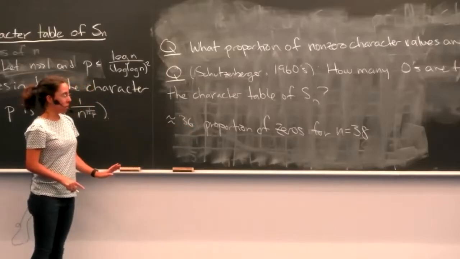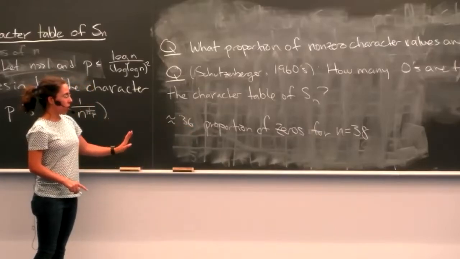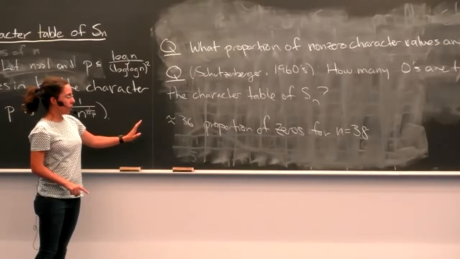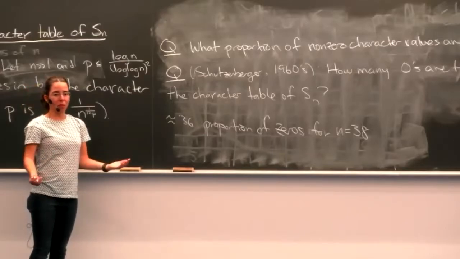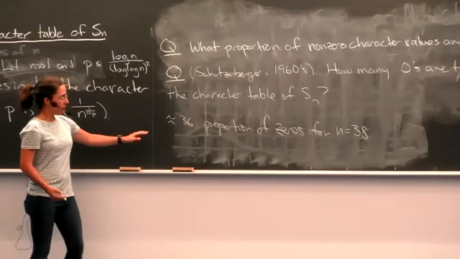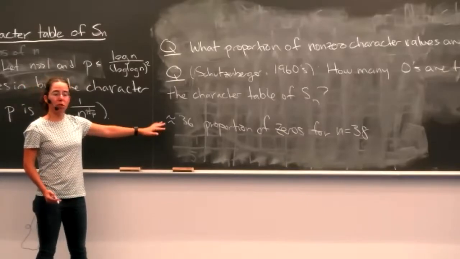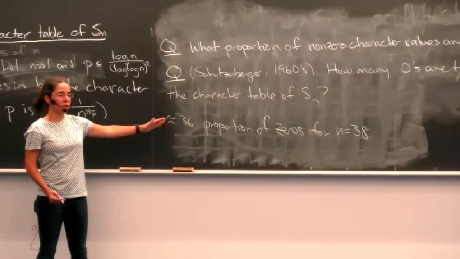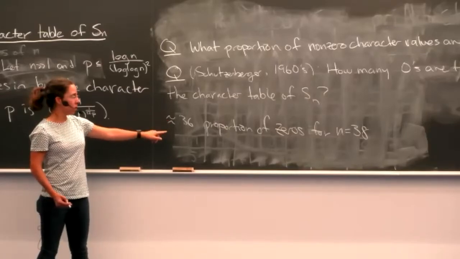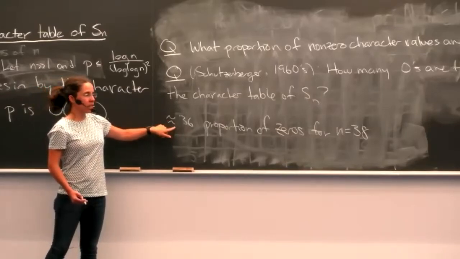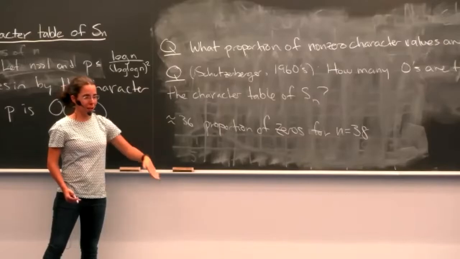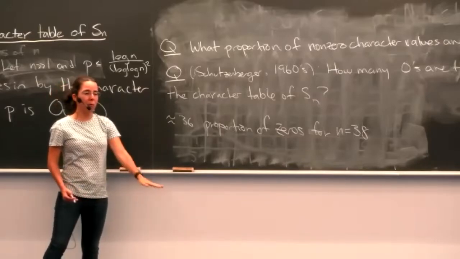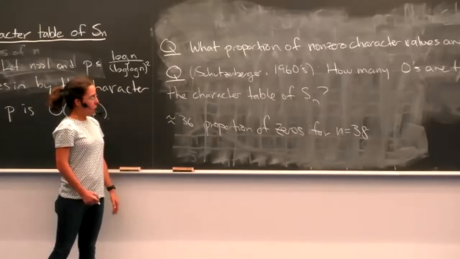But not being able to fit the whole character tables in my computer, I randomly sampled 1,000 pairs of partitions of 50 and computed the character values. And it seems that this actually should be decreasing; by the time you get to S50, it's like 0.2.